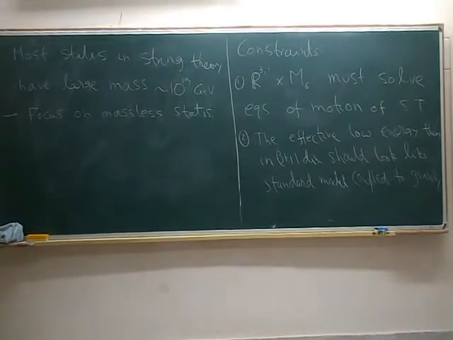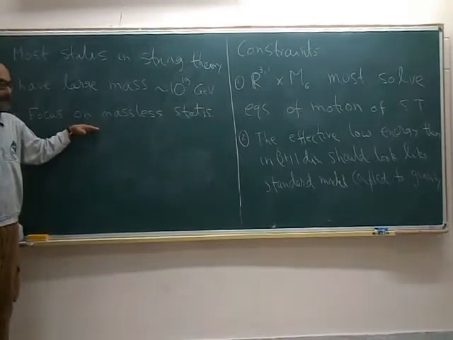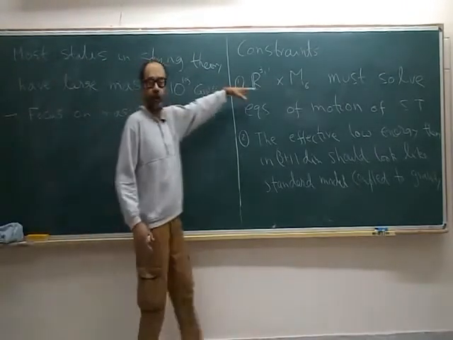Now this works in many cases, but this doesn't work in all the cases. And the reason that it doesn't work is that sometimes what may happen is that a particle which was massive in 9 plus 1 dimension, which apparently looked like a massive particle in 9 plus 1 dimension, after compactification can give rise to massless states. So you cannot always first go to the field theory limit in 9 plus 1 dimension and then study that field theory limit on a compact space.